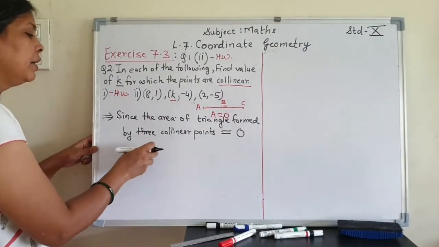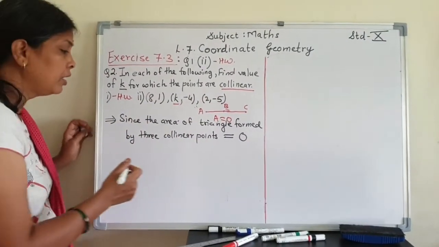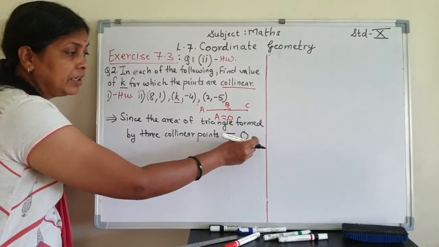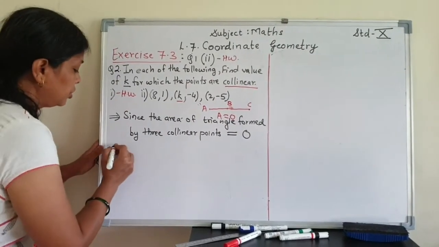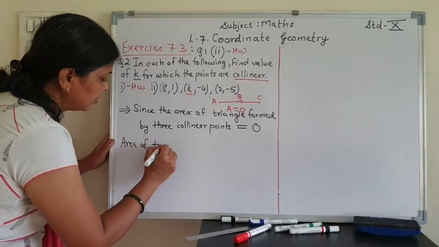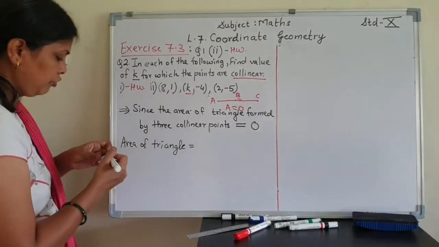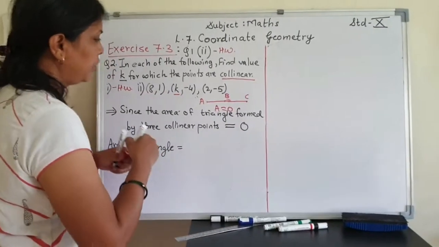So we will find the area of the triangle using the area formula, and then we are equating that with 0. So here, area of triangle is equal to, first of all, before it we will